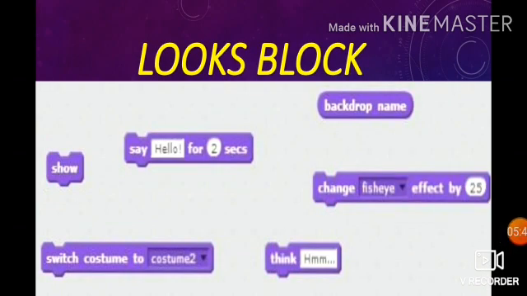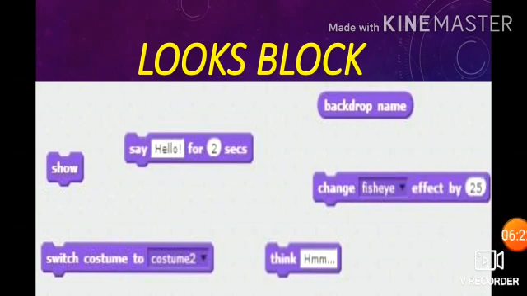Your fourth block is the looks block. The looks block is used to change the appearance of the sprite when you click the costume. You have two steps. Your first step is click the costume tab to view the list of costumes of the selected sprite. Second step is click the paintbrush to paint a new costume, or to select the same sprite in a different costume, click the choose a new sprite icon to select a costume from the available list.